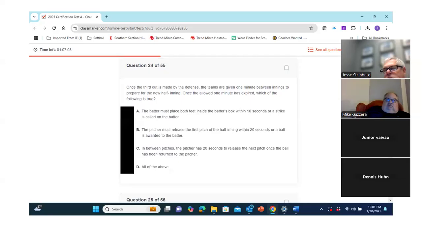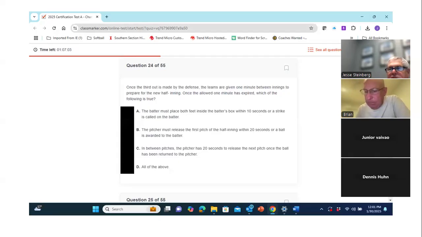Or you can figure out how long a minute is in your head, and that should be relatively easy. I mean, we're doing the games all the time. Your internal clock is telling you where you're at. Yeah, you can usually tell when it's taken a team too long to get back out on the field.